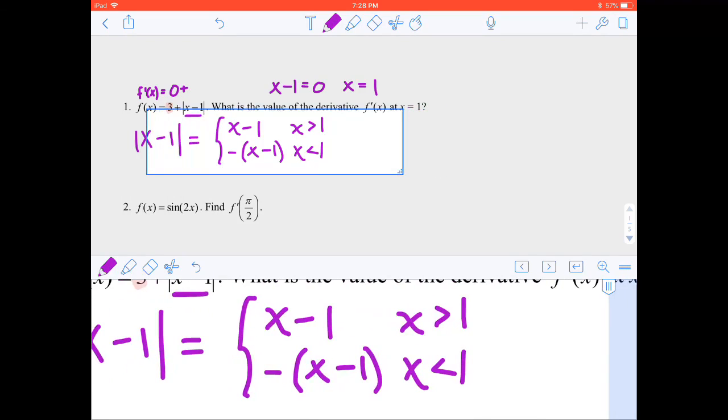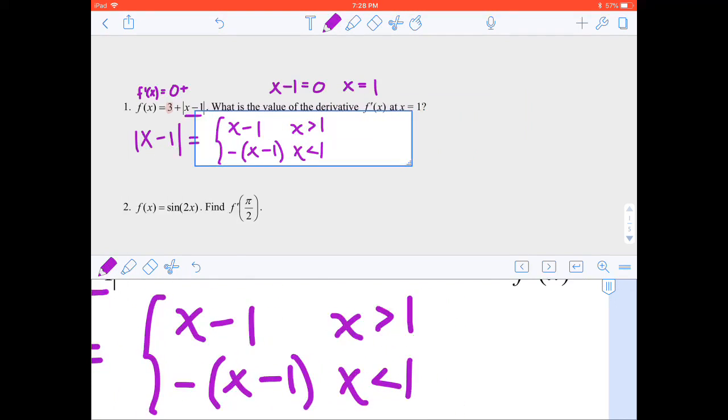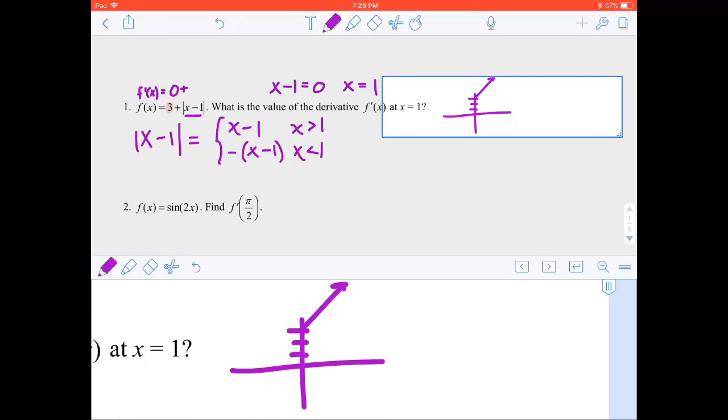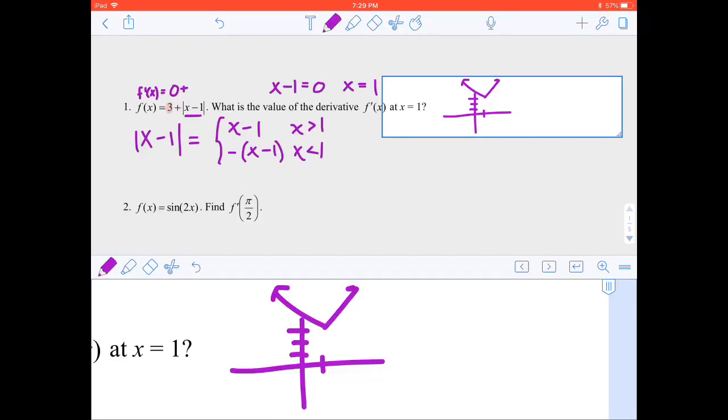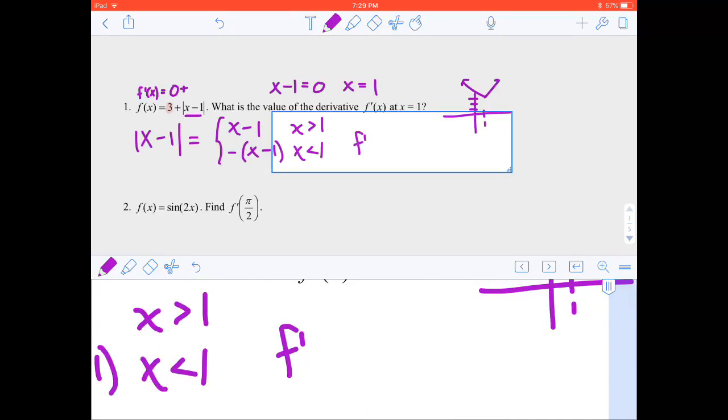So we have the two parts there, and we want to find the derivative at x is equal to 1. That means we're going to use the part where x is equal to 1. Well, that's tricky here because what this function actually looks like, it goes up 3, and then, oh sorry, it shifted over by 1 also. So when x is equal to 1, we have a corner. If we have a corner, that means that our derivative does not exist. So altogether, this f prime of x